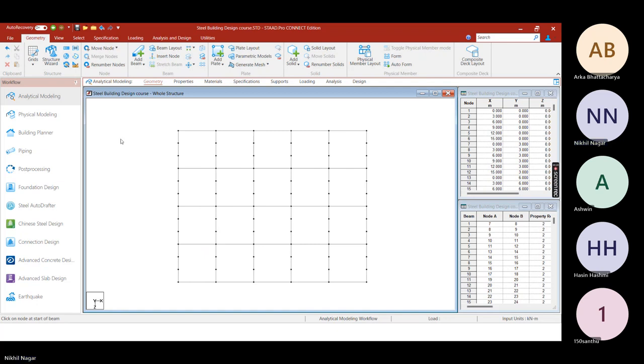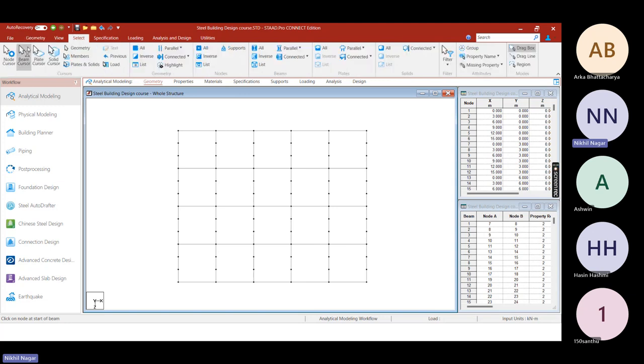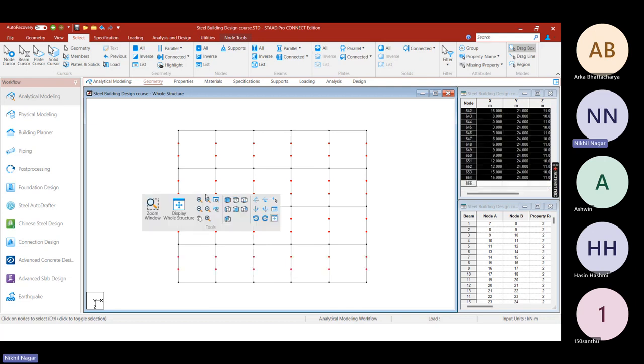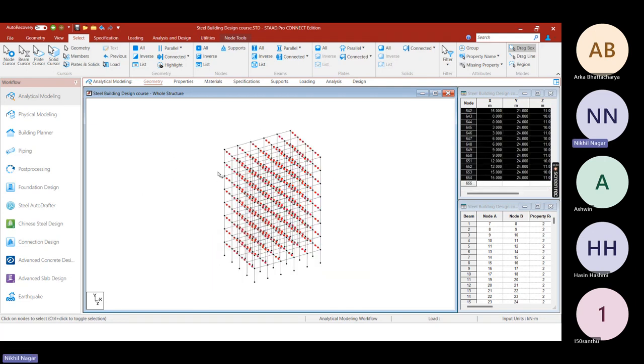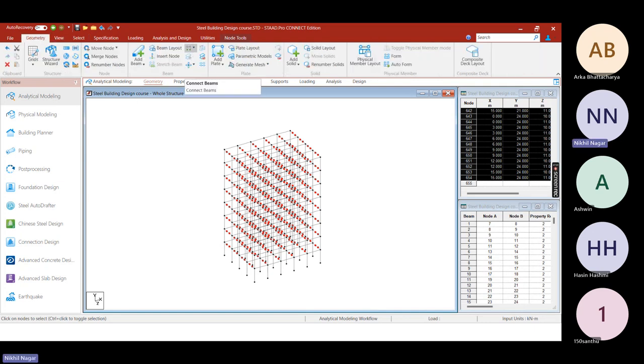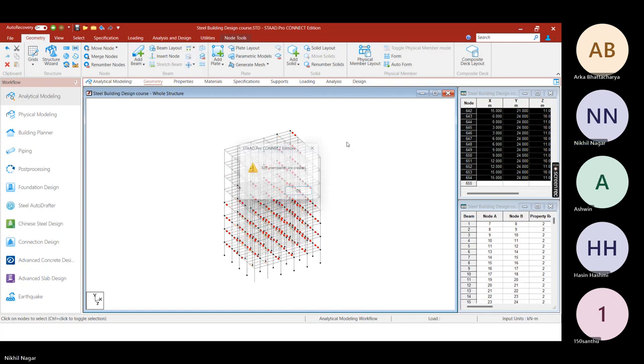in my last lectures. So what is there, connect beams in which direction? Z, sorry, in x direction, okay, क्योंकि बीम x के अंदर जाएंगे. So first of all you have to select your nodes first. So choose node cursor, now select these nodes, press control to select multiple nodes. Select these nodes only. If you want to see in isometric view then you can see, okay, these are selected. Now you have to go for geometry, click on connect beams in x-axis, so 320 members are created. Now you